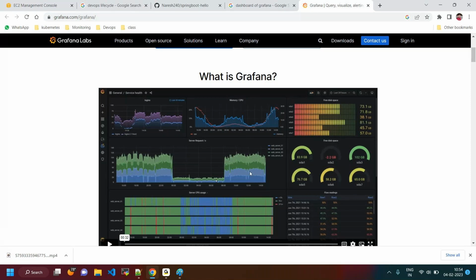Every time, it's not a good thing to check these particular things manually. For that, we need to get some alarms. Whenever you keep some alarm on your mobile, or it might be mails, whenever the spike reaches 80% of CPU, your server reaches 80%, you need to get some alarms. That type of thing we can set up here itself.